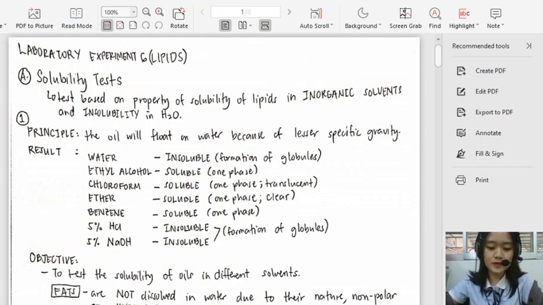Your lipids are very soluble in organic solvents, or solvents that contain carbon in their composition. Kaya nga, diba, yung organic substances natin are composed of either carbon, hydrogen, and oxygen, and other elements. But the most important atom in your organic substances and solvents is the presence of carbon in the composition. So ano ba yung examples natin